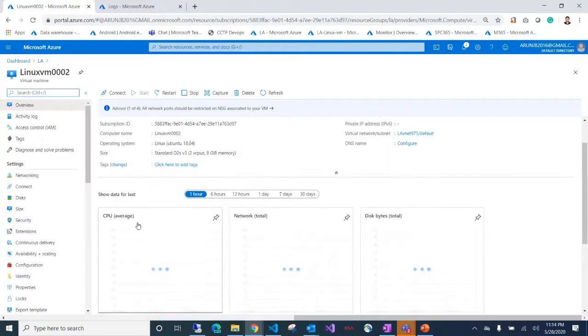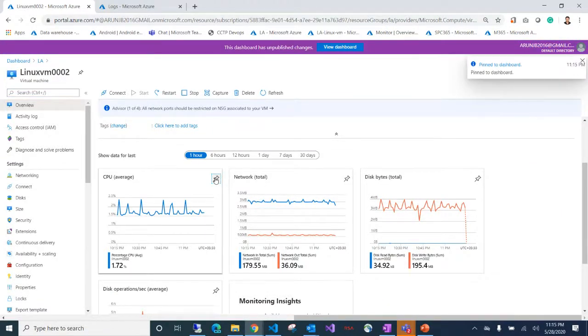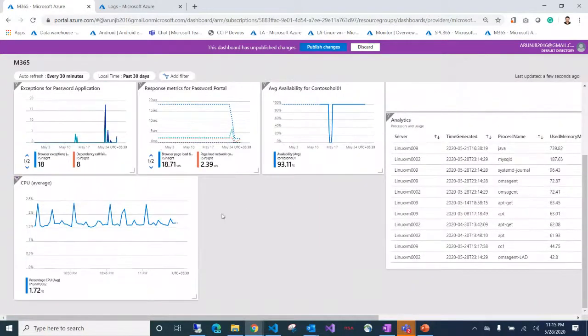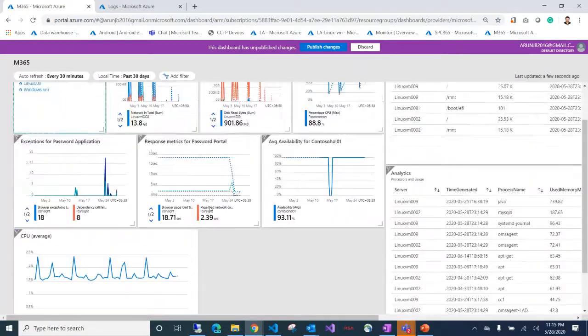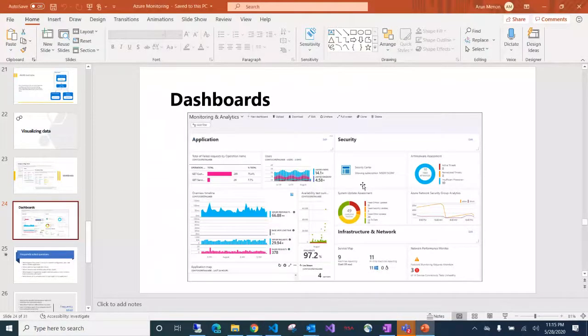Suppose you have to make sure that this is added to your dashboard. It is quite easy. All you need to do is click on this button and it will be available on your dashboard, and then you can view your dashboard, and what I just added from that area is available here. This is just a very simple explanation. As I saw in this slide, you can make this as beautiful and as informative as you need. So that is what is with dashboards.